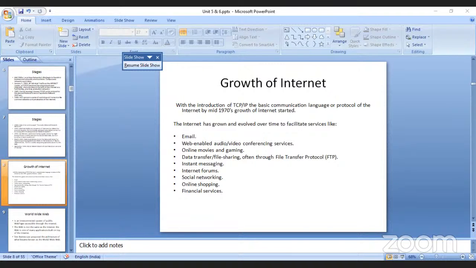No, the internet is something different and the web is something different. The web is an application and the internet helps in the connectivity of all these things. Okay. It is the basic connectivity. The internet is the connectivity which connects all the networks, and the web is an application for accessing the different web pages.